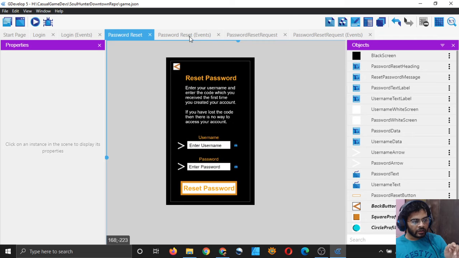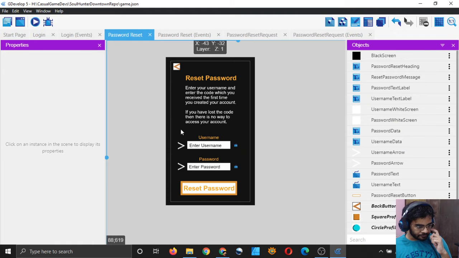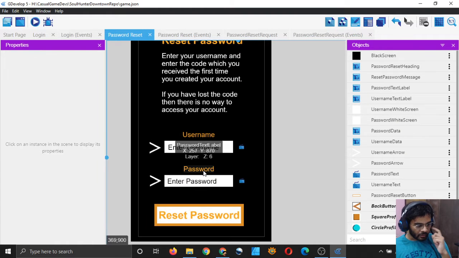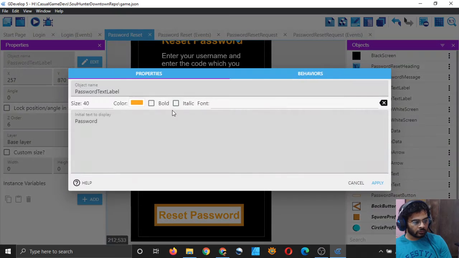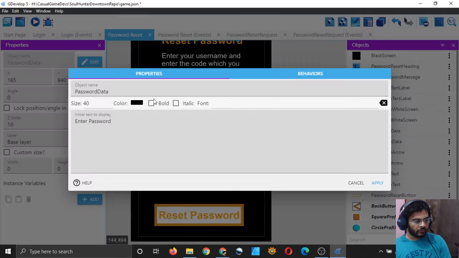So yeah, here in the events, we have the name, password white screen, and password text, and password arrow, password data. We will change this password to code, only to show the user that you have to enter the code here, and instead of enter password we will simply type enter code.